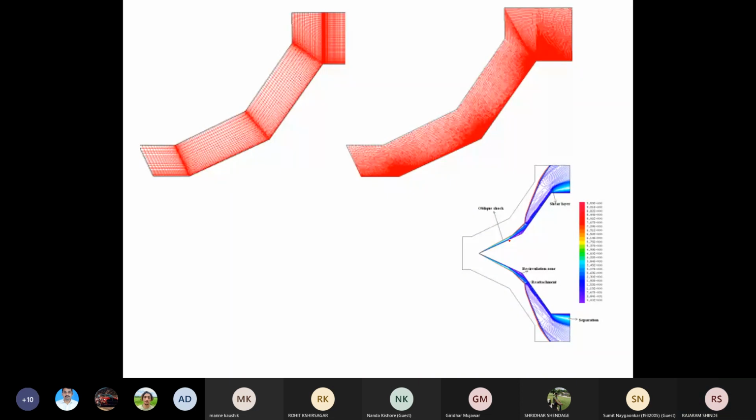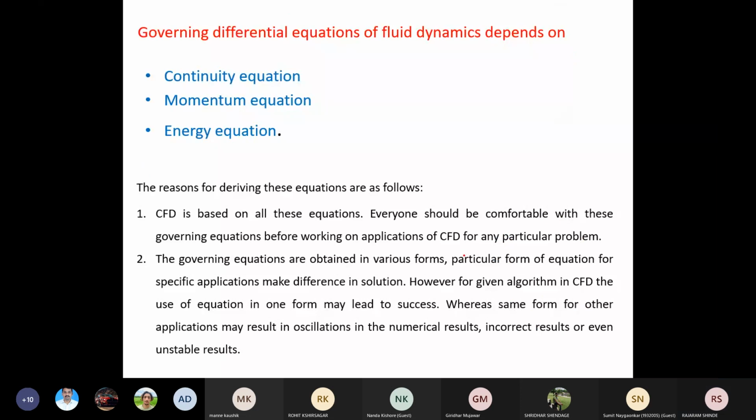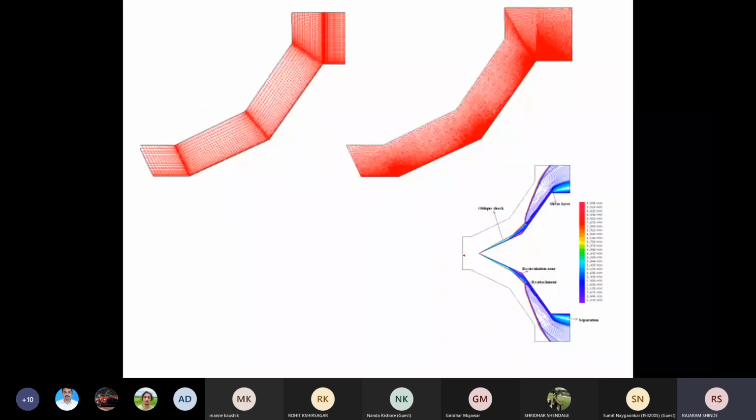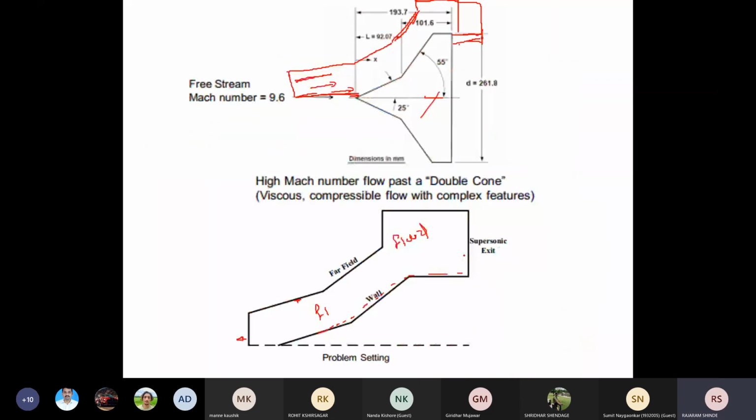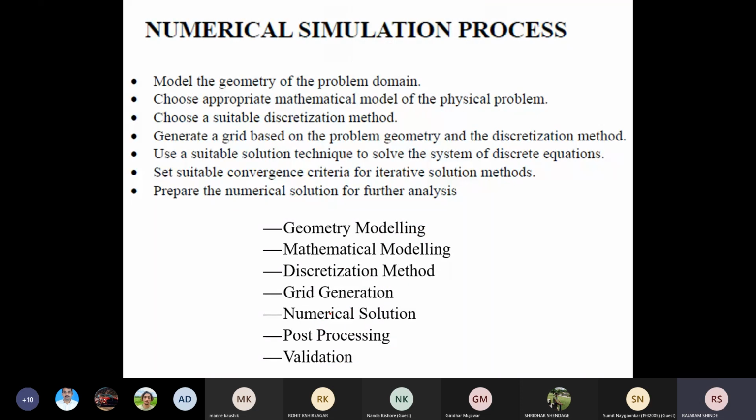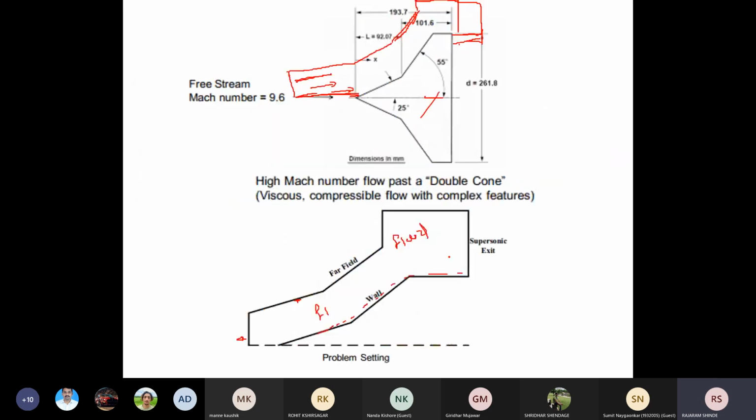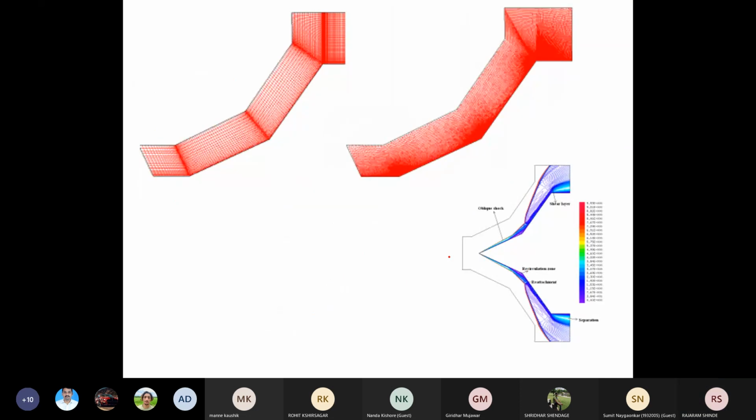Next one. Okay, have you got this process? Any doubt in this process? Now after that you have to go for validation. All these things I have explained. Now this geometry modeling, details of geometry modeling, we will cover in the practical session. Already we have started it. Next we will go for the mathematical modeling. Okay, now the prerequisite for mathematical models I have already covered.